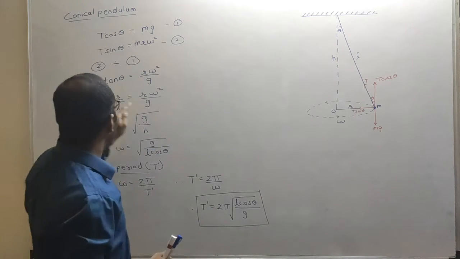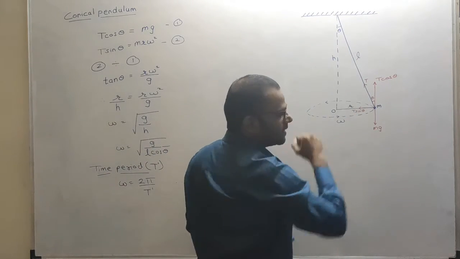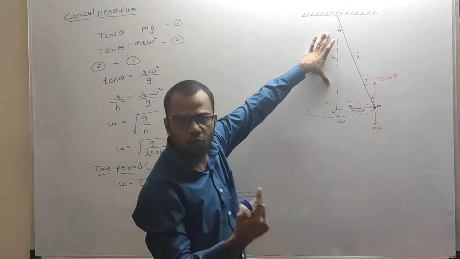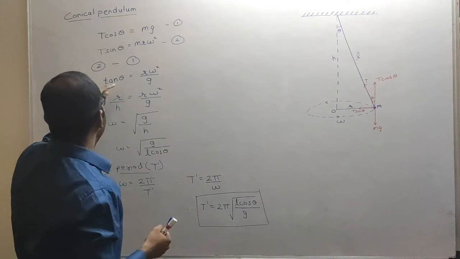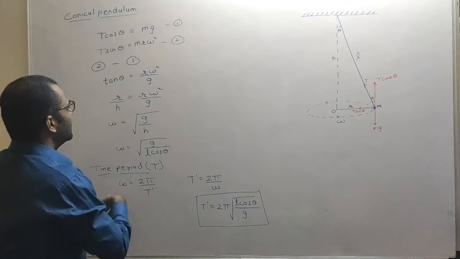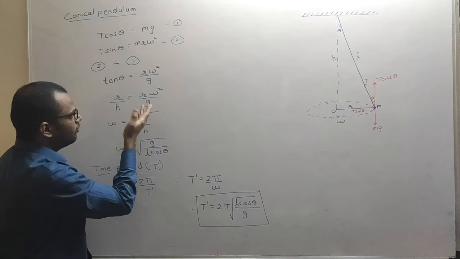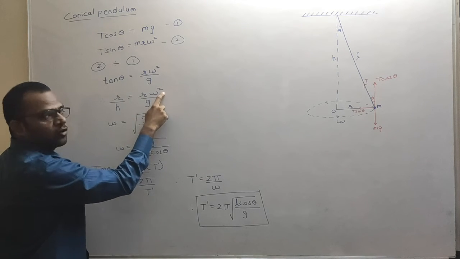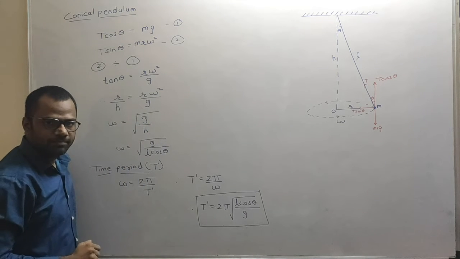Now from the geometry, what is tan theta? Tan theta will be opposite upon adjacent, where opposite is the radius and adjacent is the height of that conical surface. Right? So I can replace tan theta by r by h, opposite upon adjacent. Again on the right hand side I had r omega square upon g. Here r will get cancelled. I want to find out the relation of omega, so I will take g over here. Taking square root on both sides, I will get omega is equal to square root of g upon h.